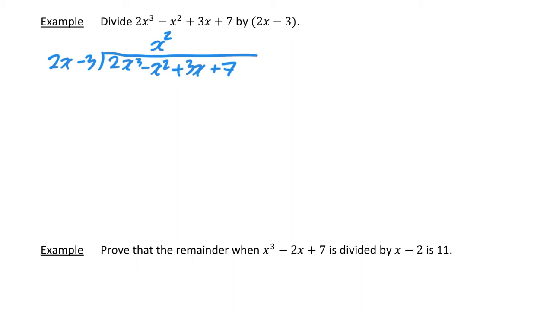What you then do is you multiply your 2x minus 3 by the x squared to give me 2x cubed minus 3x squared. And then all you want to do is subtract. Sorry, that's a mess. All we want to do then is subtract. So horizontal line and subtract. 2x cubed minus 2x cubed disappears. Minus x squared minus 3x squared is going to be plus 2x squared. And then what you want to do is bring down your next term, which is a plus 3x,